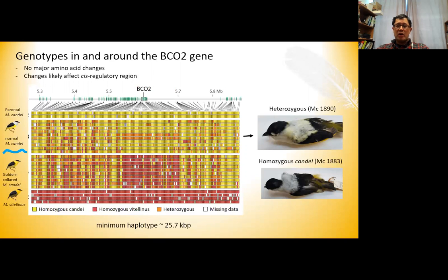Here's a zoom-in view of the genomic region around BCO2. We have selected SNPs that are differentiated between parental Candii, represented by these two birds with the yellow genotypes, and Vitellinus, the birds here with the red genotypes. If you look at the golden-collared Candii here, you can see that each individual has an introgressed block coming from Vitellinus, meaning they have the red genotypes, alleles coming from Vitellinus. This block starts upstream of the BCO2 gene and ends downstream of the gene,